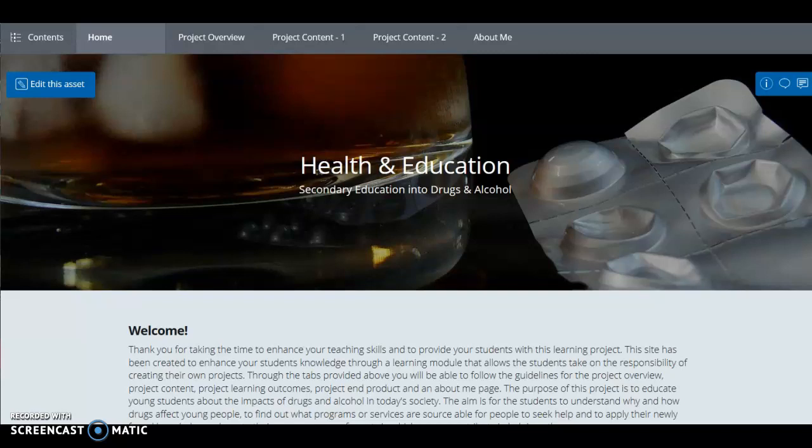The website has been designed for teachers to use as a 6-lesson learning module that includes all the learning resources you would need for the 6 lessons over the 6-week period. The project's curriculum is from ACARA, the Australian Curriculum Assessment and Reporting Authority. The project curriculum guidelines are health education, personal, social and community health, and digital technologies, process and production skills. This is all for Year 8 level students.